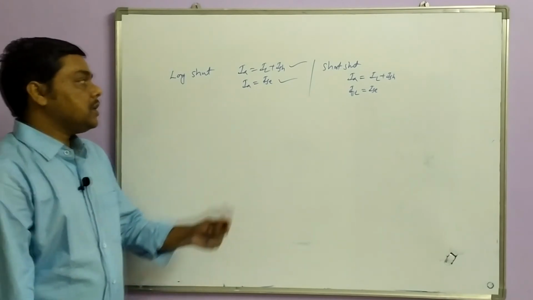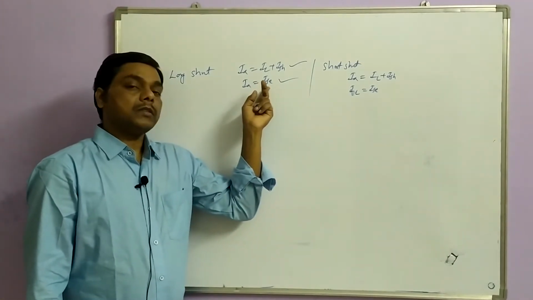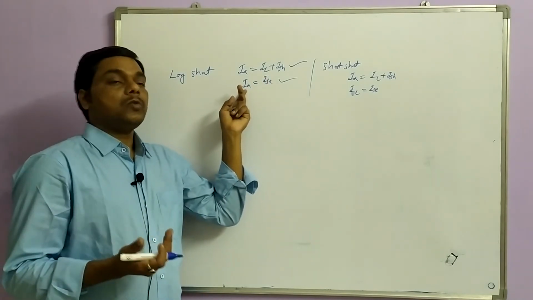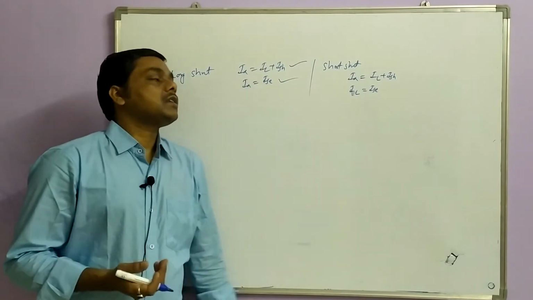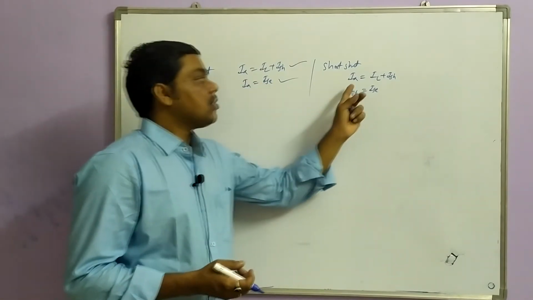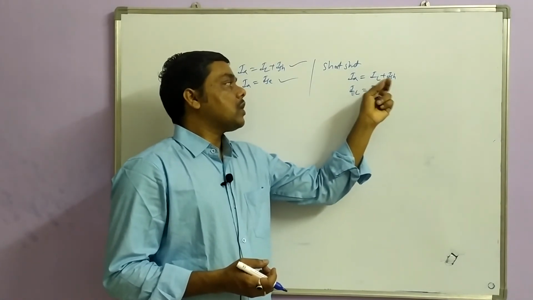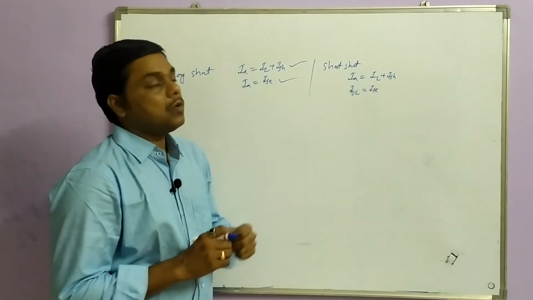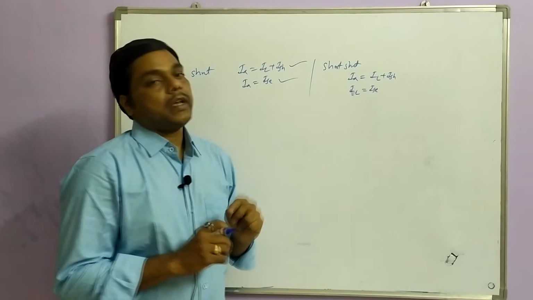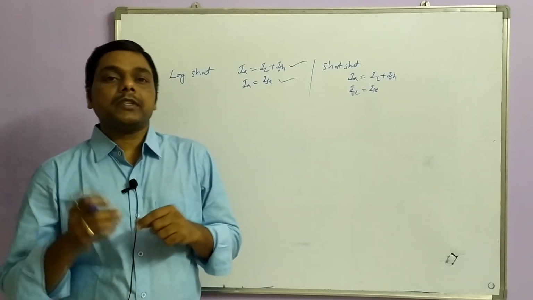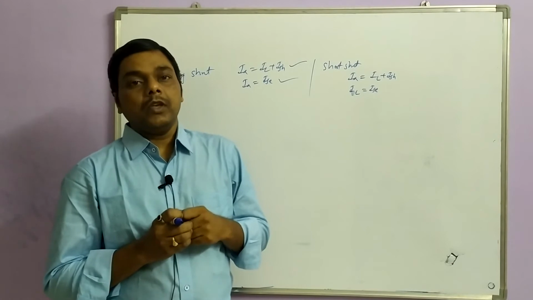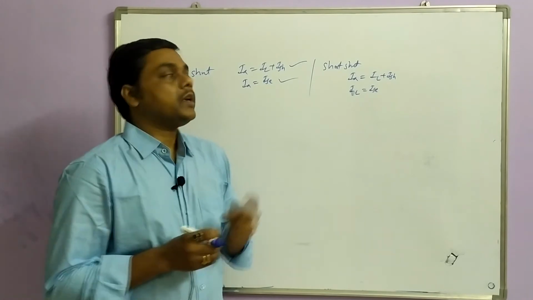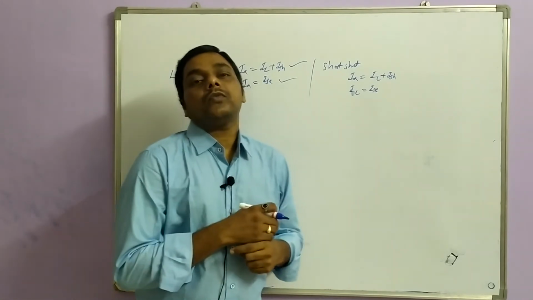Now see the difference. Here armature current is same as series winding current. So armature current having higher magnitude, so same current is carried by the series winding. Here armature current is divided into load current plus shunt, but load current is same as series current. So the series winding always carries higher magnitude since it is having a few number of turns. So the resistance of series winding is very less, so it can carry the huge amount of currents.